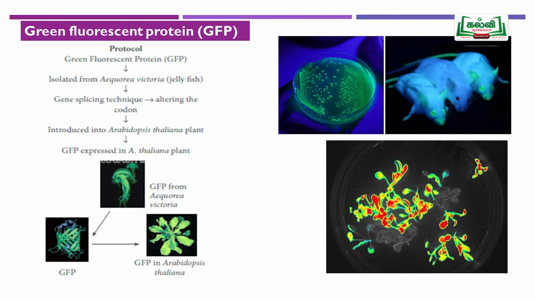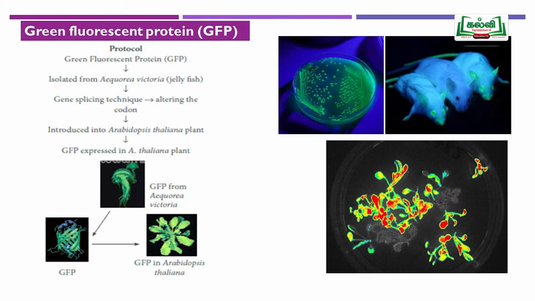For the next screening method, we may use a particular protein called green fluorescent protein, GFP. This is a 238 amino acid protein. When this protein is exposed to ultraviolet rays, it will emit fluorescent light. This green fluorescent protein is isolated from a jellyfish known as Aequorea victoria. This gene has been isolated, and we may use it as a reporter marker gene.